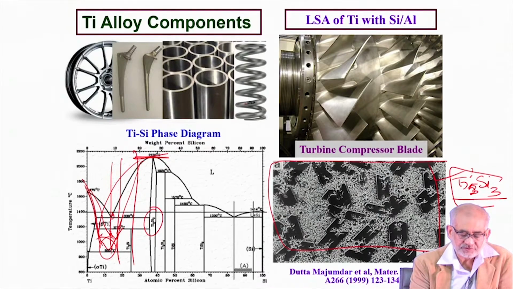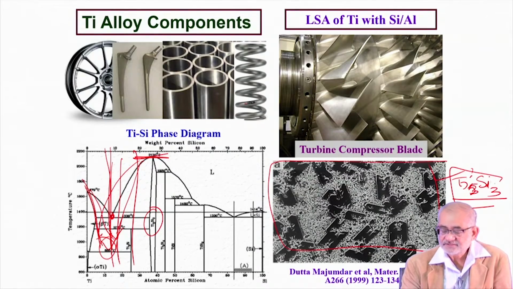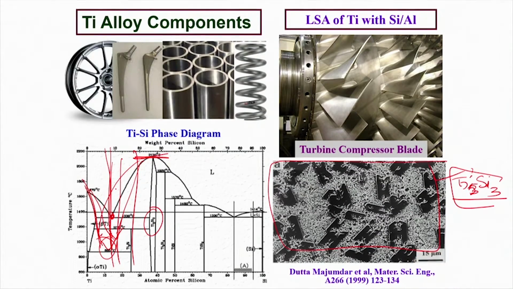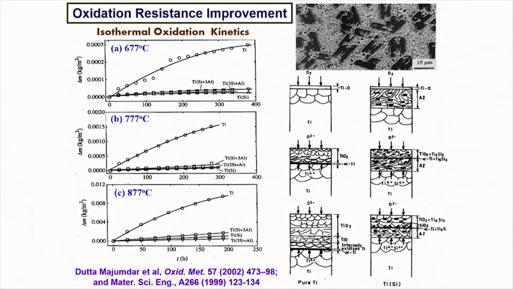So instead of eutectic point at 11-12%, the eutectic probably got shifted to hardly 3-4%. So as a result, with 5 or 6-7% titanium, silicon in titanium, we were able to create a Ti5Si3 or hyper eutectic phase aggregate. And when we create such hyper eutectic phase aggregate on the surface, so if this is pure titanium and this is titanium silicon alloyed zone, what we see is that in case of pure titanium, when